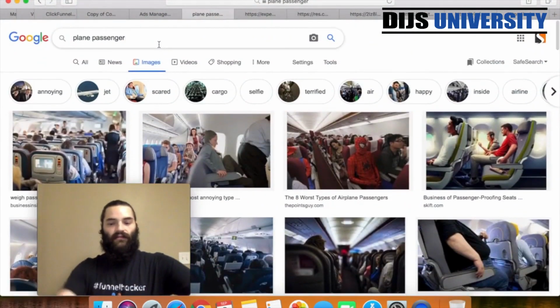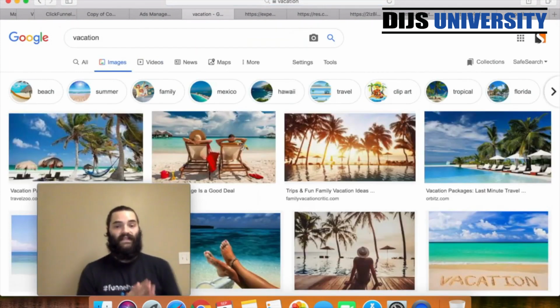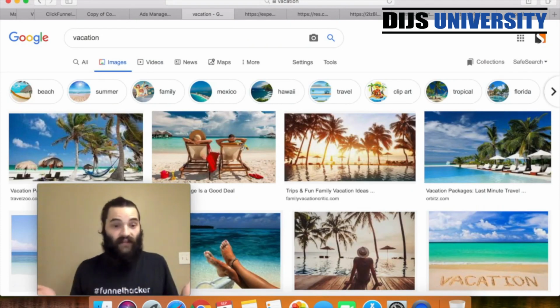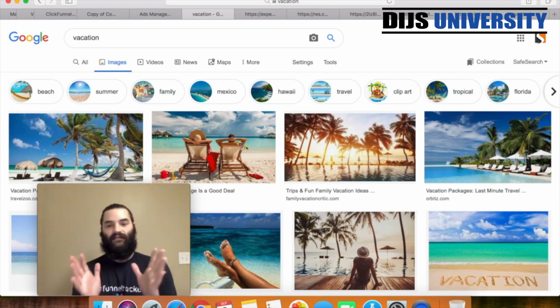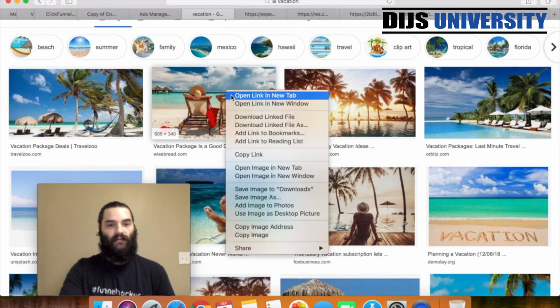Another thing you can do is maybe type in some vacation stuff, because even though this is specifically for a flight voucher, people can use this flight voucher on vacation. So you don't necessarily have to target it specifically for Virgin. You could angle it maybe for, hey, win a trip, win $1,000 voucher to go on a trip, things like that. So we can try some things maybe with this image,